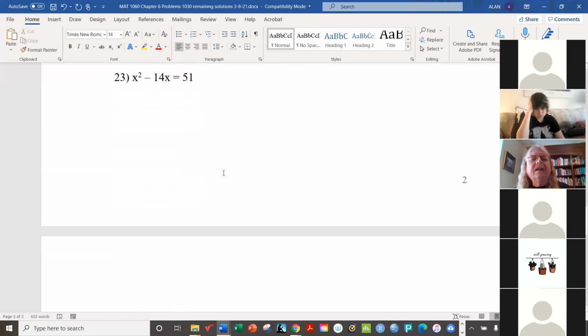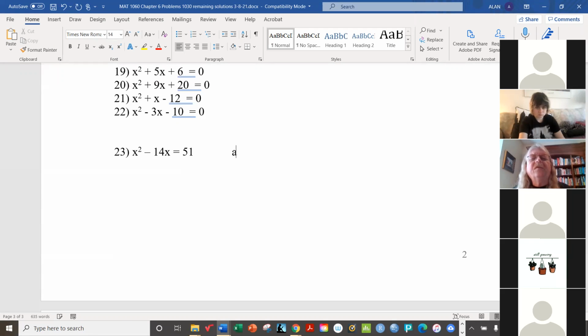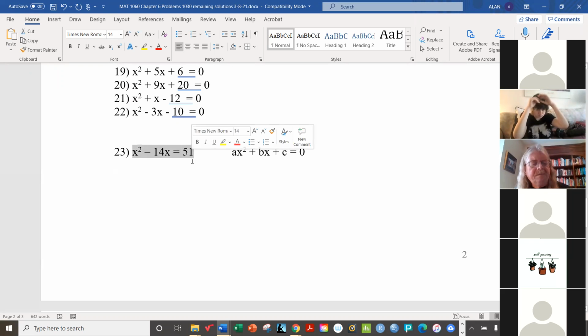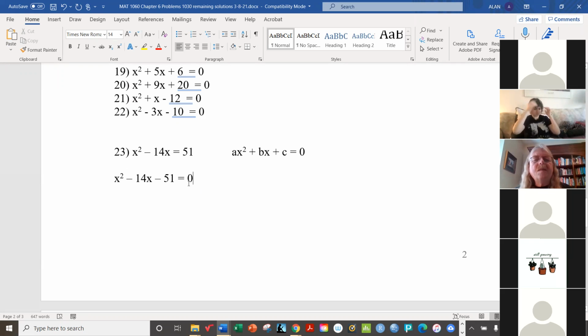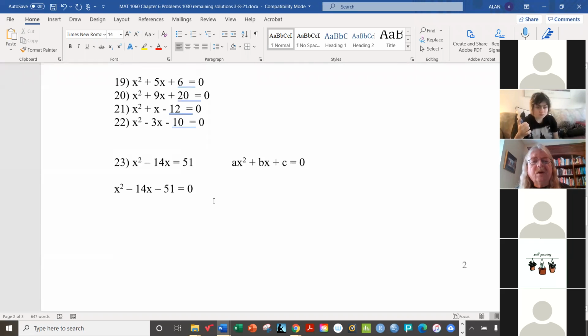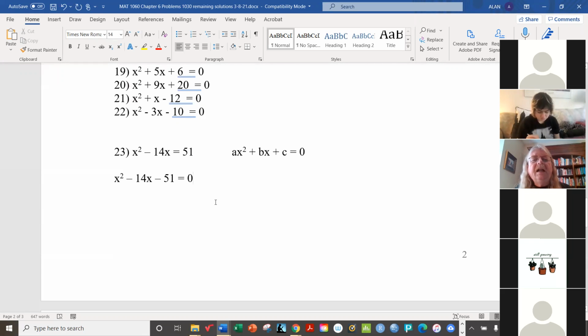So the key here is that this one is not written in the proper form, by which I mean ax squared plus bx plus c equals 0. So what do we do about it? Well, just a little algebra. We'll put it right back in the correct position, which means just subtract, in this case, the 51 from both sides. And so now we can go ahead and factor it properly. And now remember the way this works. You're looking for a pair of numbers with the following properties.